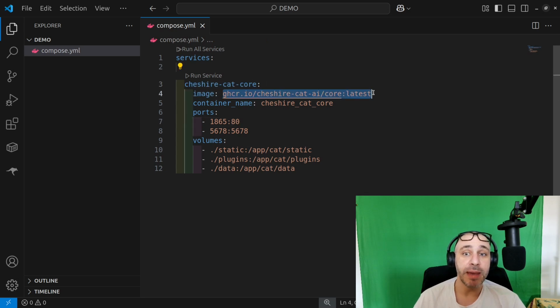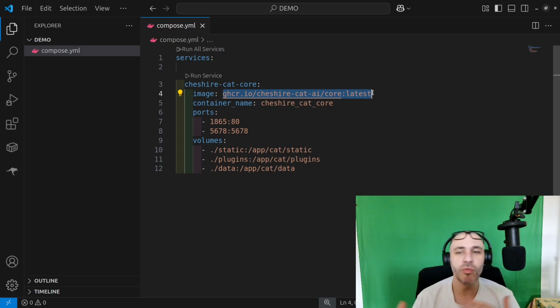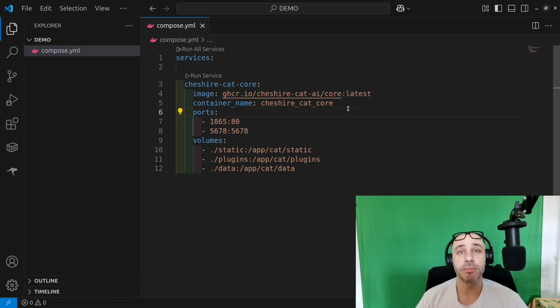This is the image, the Docker image the Compose is going to download, because the cat is already packaged inside a container. A container is the new version of a virtual machine. It's some kind of wrapped operating system, really easy to use, and you can throw it away, re-download it at any time. It's repeatable. We give a name to the container, we open some ports.